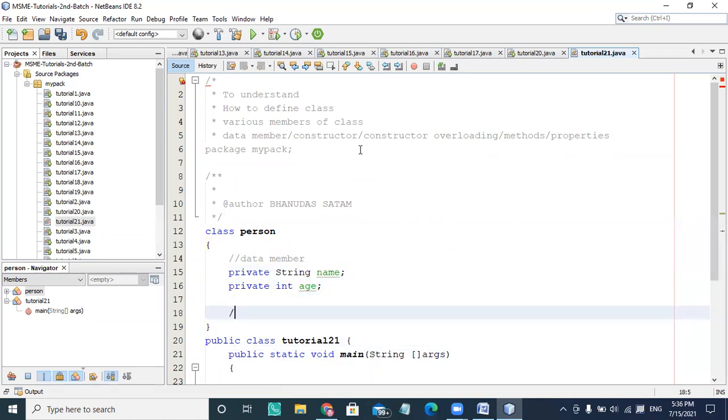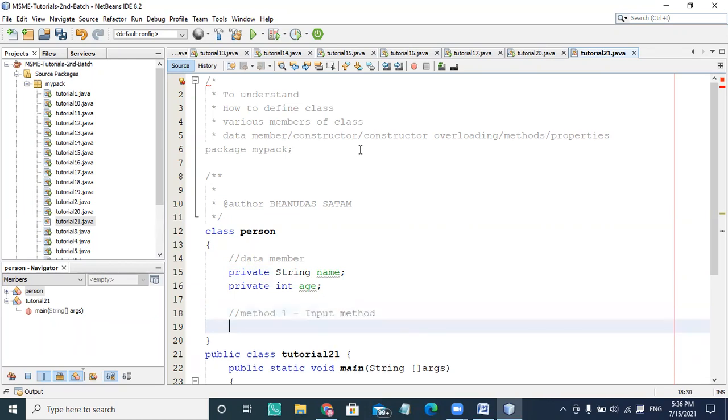Initially I'm not using a constructor, but I'm using a method, and then I'm going to implement the constructor. So I'm using method one, the input method, which is responsible for taking the input, and runtime initialization takes place.